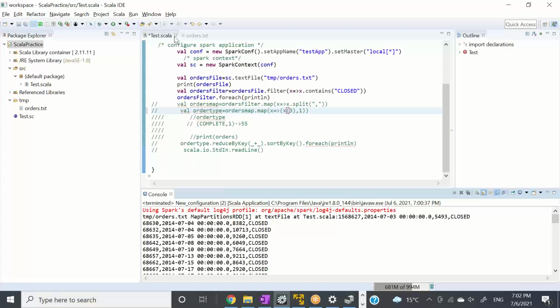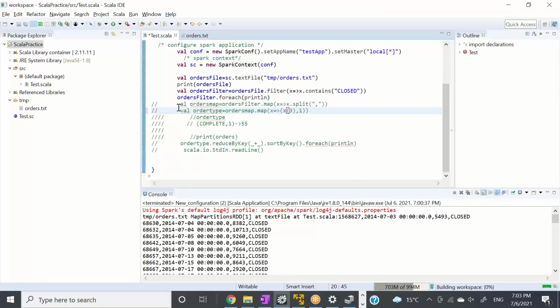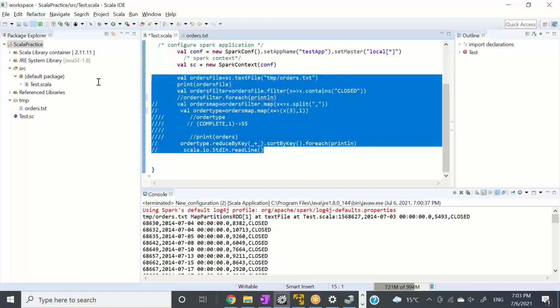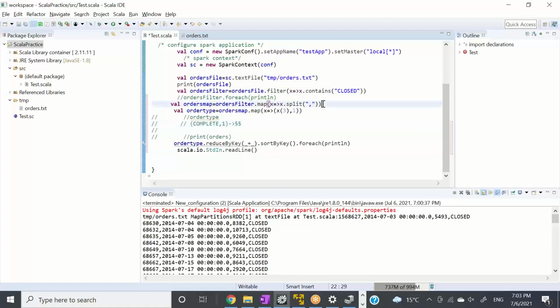But what I can do, if I remove this and I save this, right? And then if I uncomment this, so what I'm doing here, I'm creating an array first, right? Then I am mapping all the order statuses like complete, comma 1 and everything.